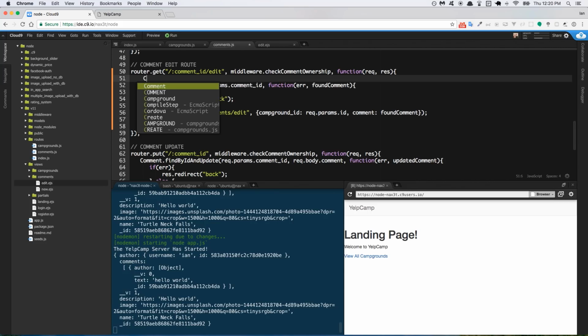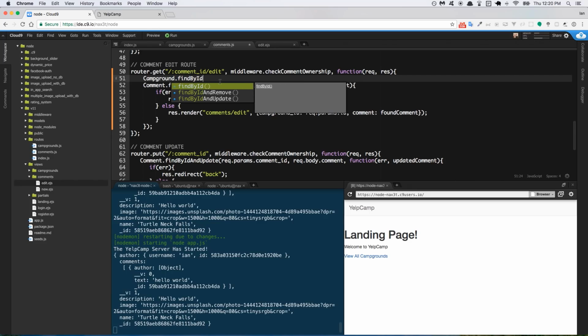Okay, let's do a Campground.findById, and we will pass in, this is not a string, this is the request object, req.params.id, and then we do a function (err, foundCampground),